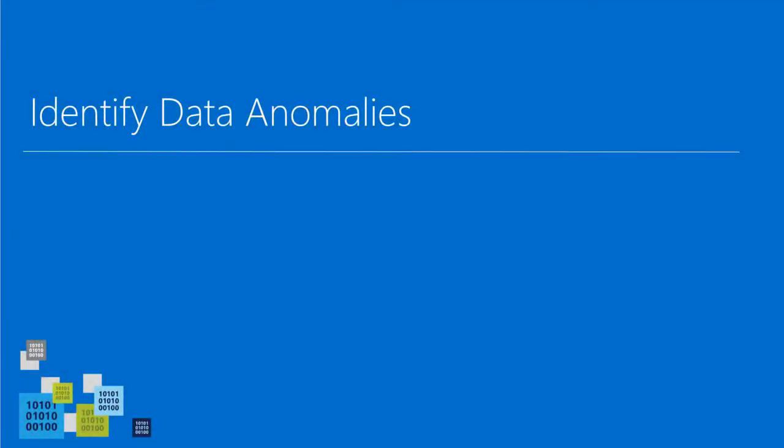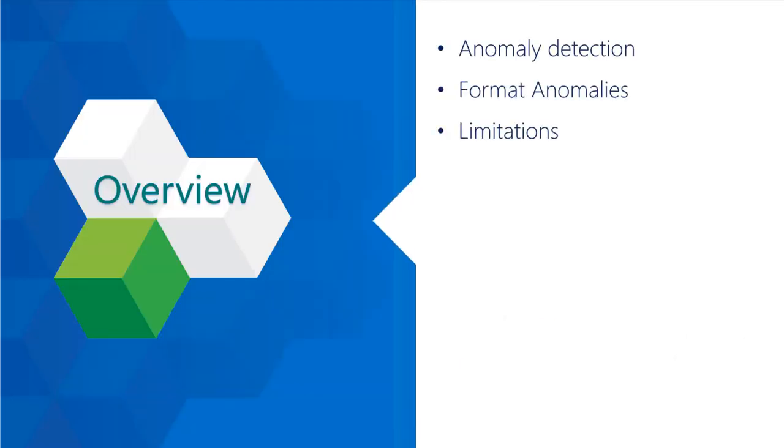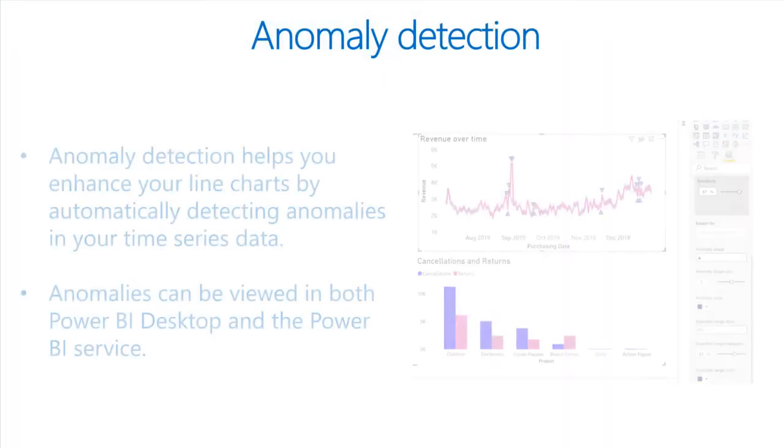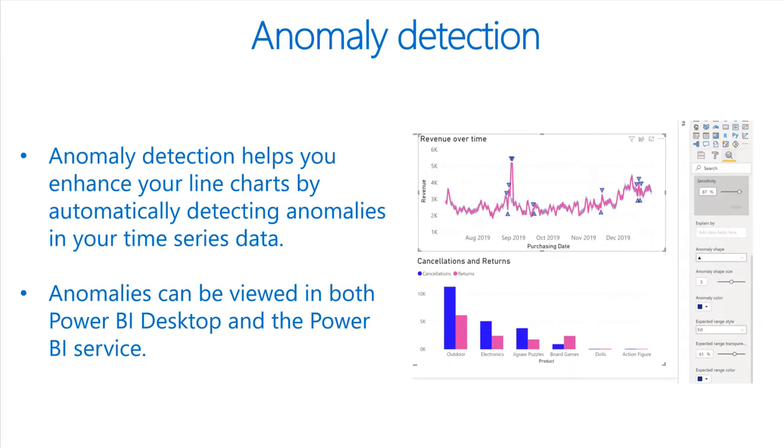Hi there, let's talk about identifying the data anomalies. As a part of this, we're going to talk about anomaly detection, formatting the anomalies, and the limitations. Anomaly detection helps you enhance your line charts by automatically detecting the anomalies in your time series